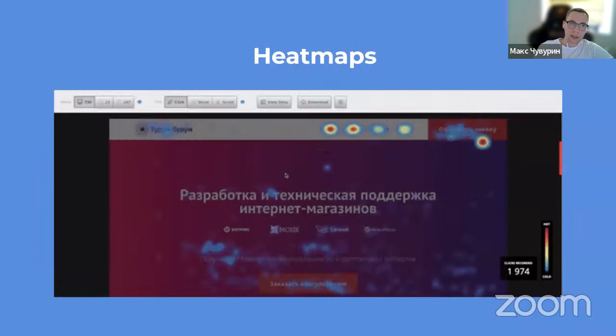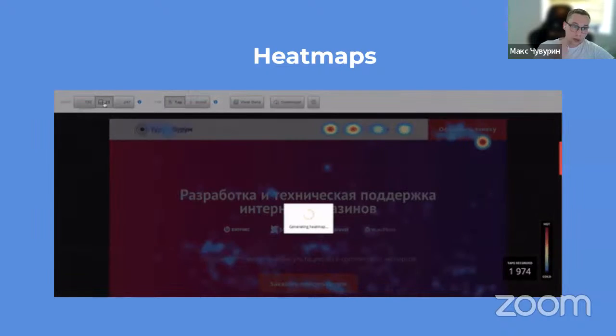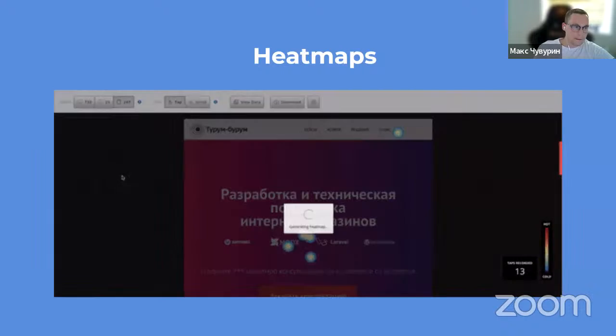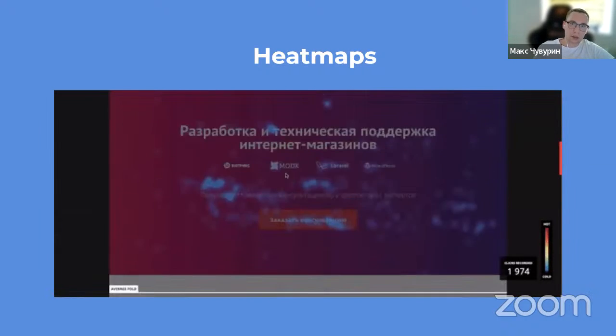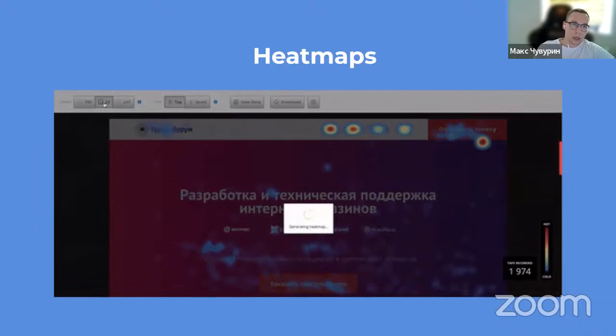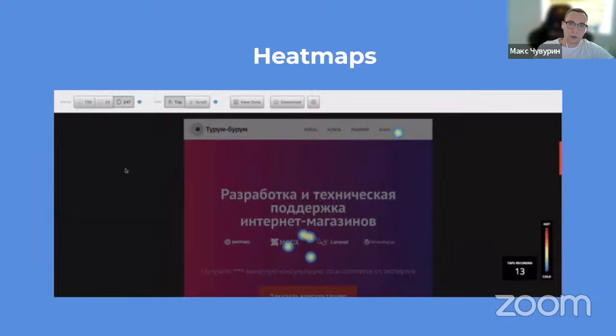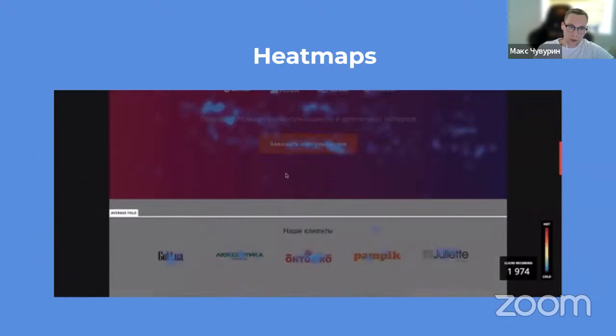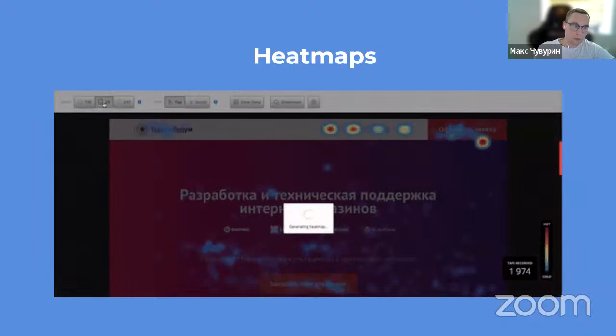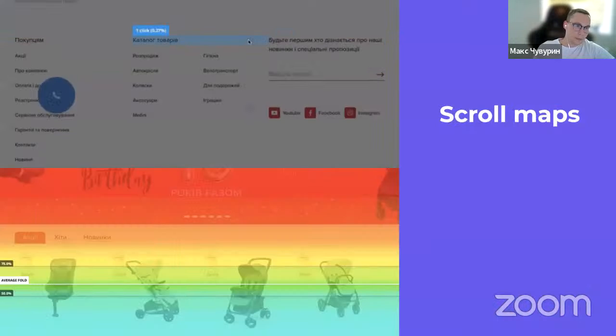So what is a heat map? You see the user clicks and how they behave on the page, what areas attract them and which zones they ignore. With this information, you can generate hypotheses for improving the project. Compare data from analytics and match it with Hotjar's data, which would help to create stronger hypotheses.